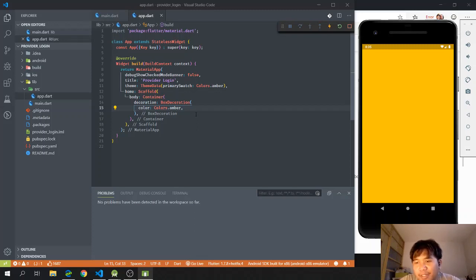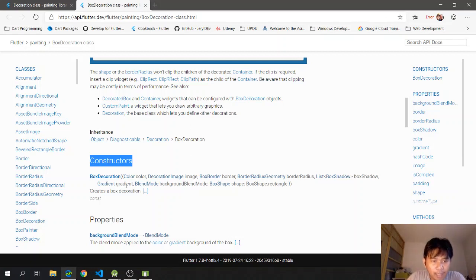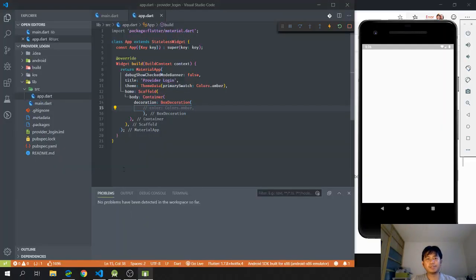However, like I mentioned earlier, our app is not really like this. It has a transition of colors from this side, from this bottom left corner to going to the top right. So in this case, I would not be using color, but instead I will use the gradient property right here. Okay, so let's go back to our code